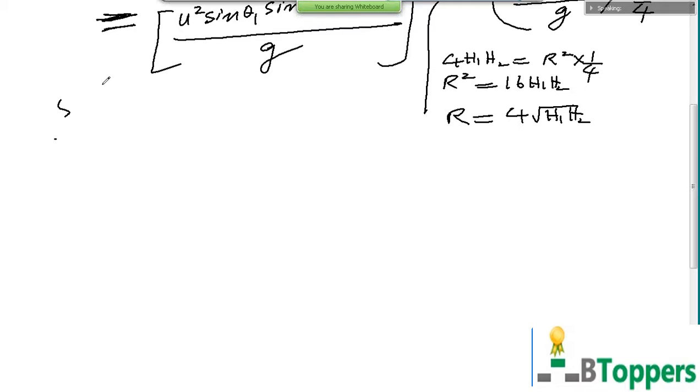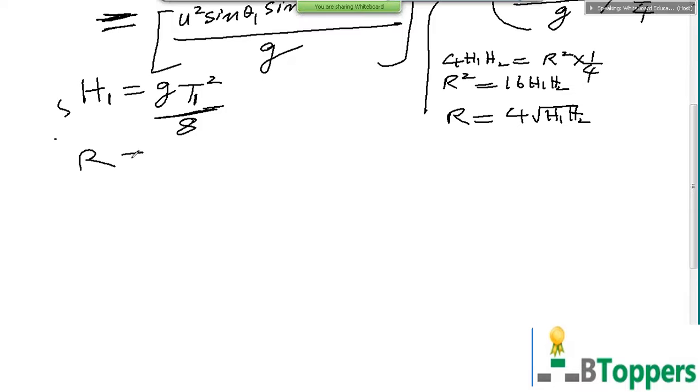So you can also express the range R in each case in terms of the product of the times of flight. As I discussed earlier, the maximum height reached by the projectile above the horizontal plane of projection in terms of time of flight can be written as h equal to gt square by 8. So you can express the maximum height in the two cases in terms of the times of flight. The maximum height reached by the first projectile is h1 equal to gt1 square by 8. In the same way, substitute the maximum height h2 in the second case by gt2 square by 8.